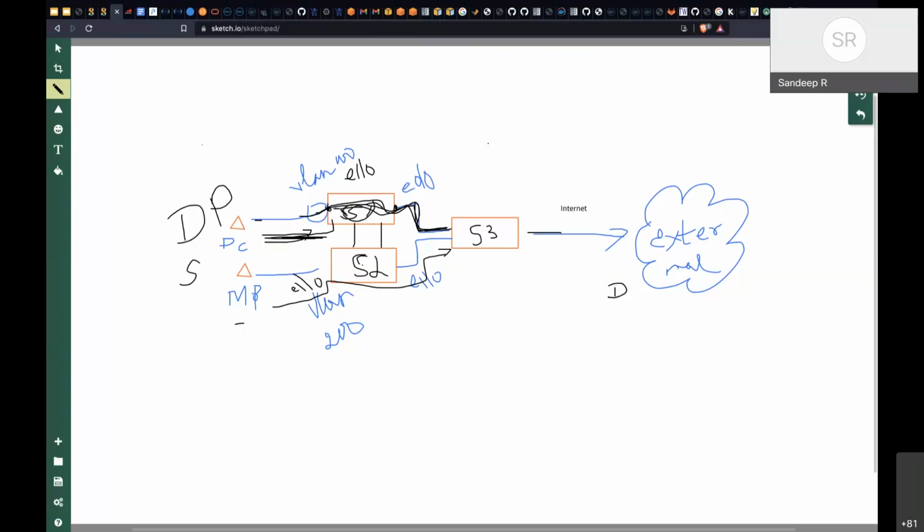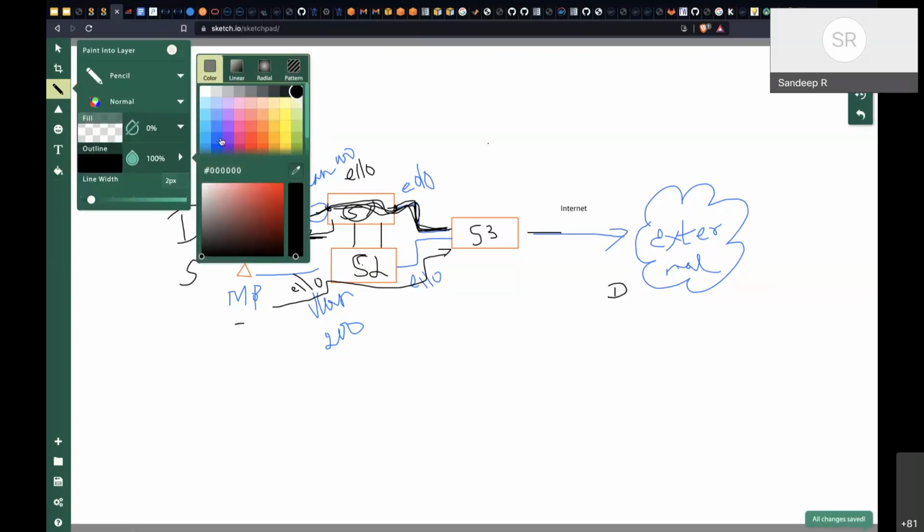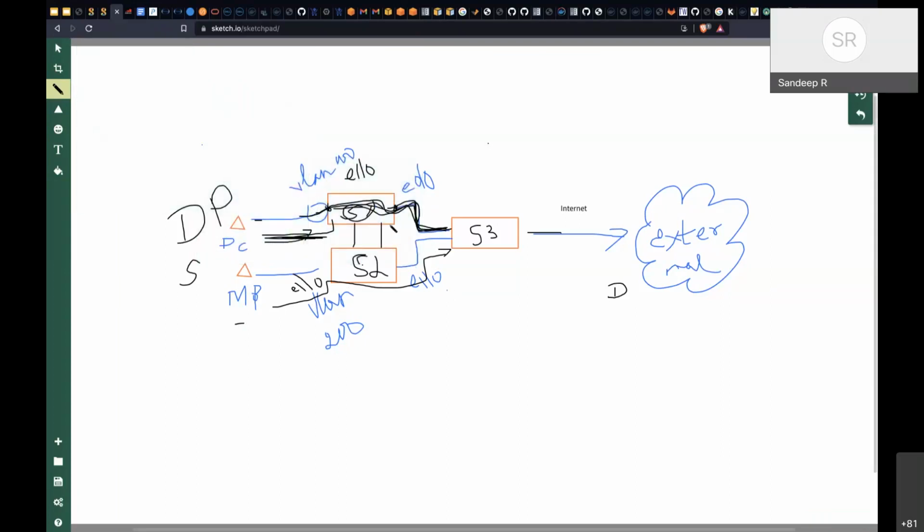The switch can either send it through this interface like this, or, let me switch color, send it through this interface, and this is how it can go, or also send it to this interface, and again it can go like this. So there are multiple paths to S3 now, from S1, S2.